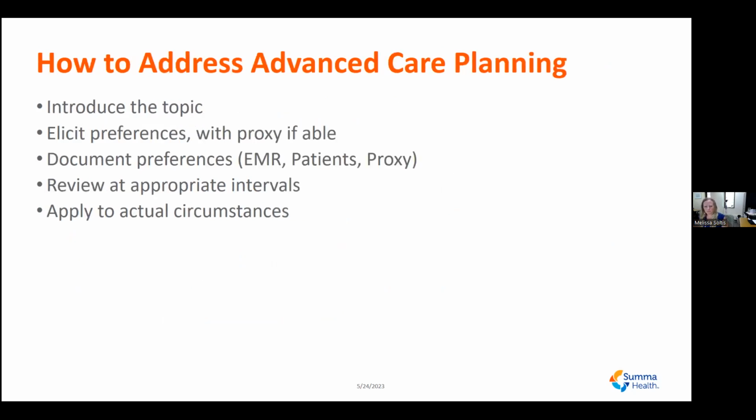How to address advanced care planning, I break down into 5 steps. Now that you got the hard part out of the way through goals of care, advanced care planning really should seem like a breeze. And this could and maybe should be done at the same time intervals as the goals of care conversation. So the 5 components of this